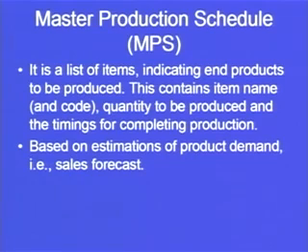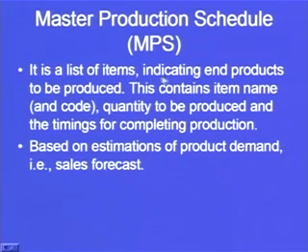So, the master production schedule. Now we try to understand what basically the master production schedule is. Although till now we have understood that this is one of the primary inputs to the MRP system, what basically is it? It is a list of items indicating end products to be produced. So it will tell us the number of end products that we need to produce. In our example, I have already told you 1000 cars per month, or 1000 cars per year, or we can say 50 cars per week. So that is a list of items indicating end products to be produced.